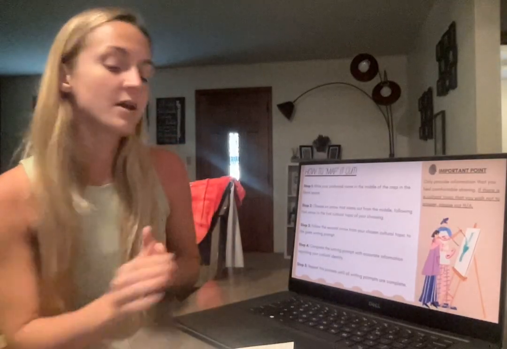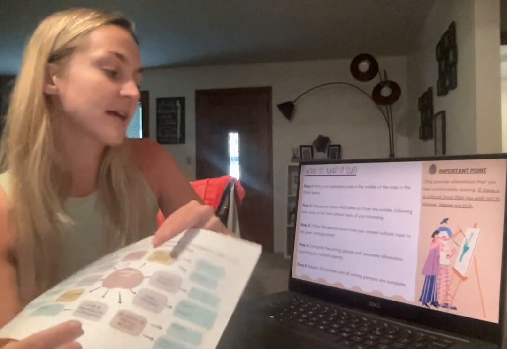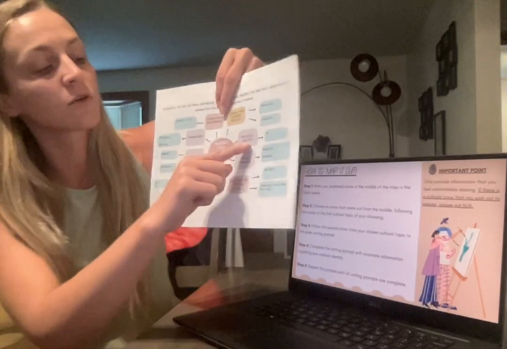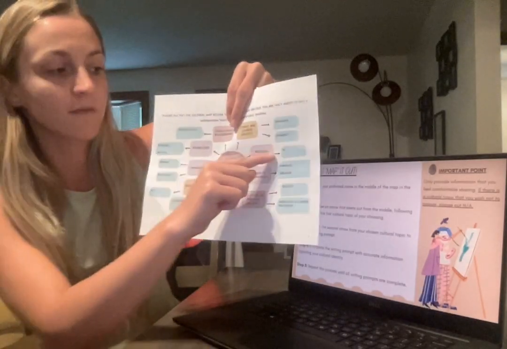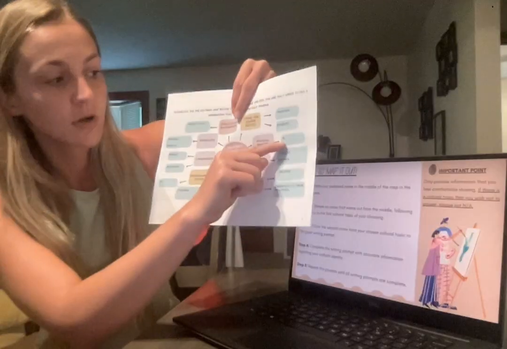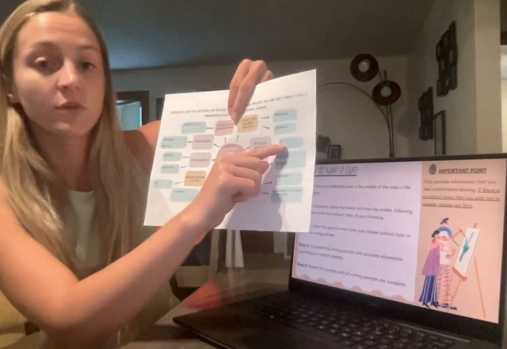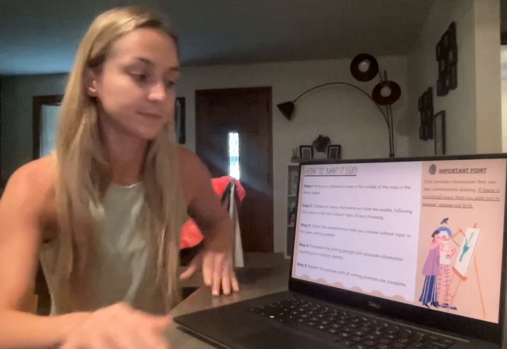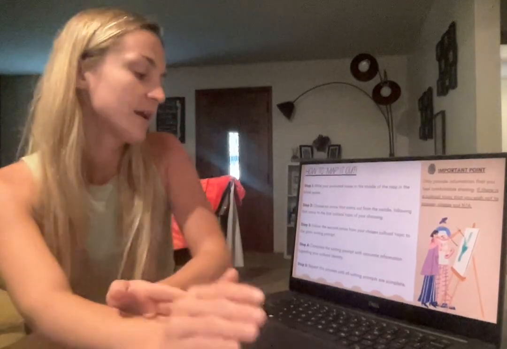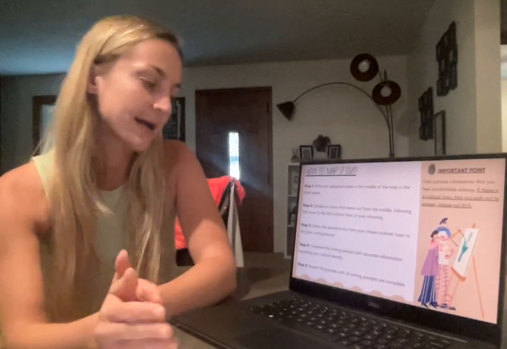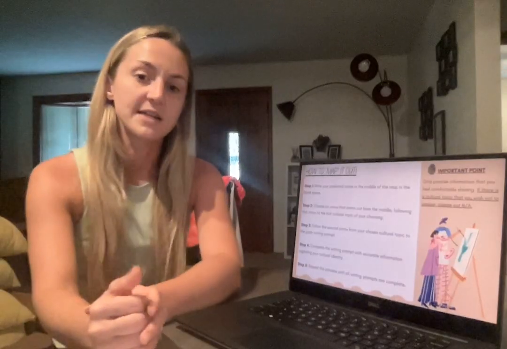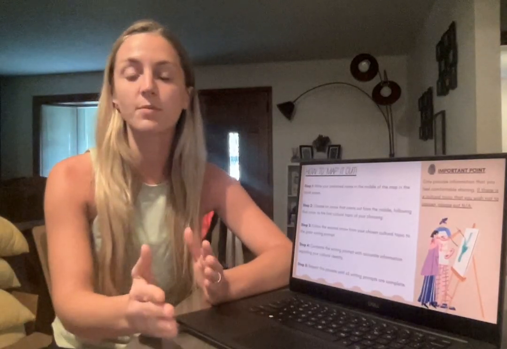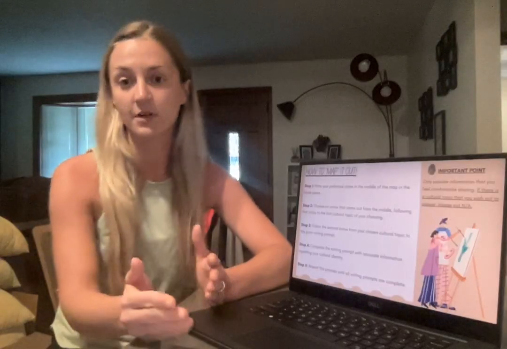Okay? For step 3, you're going to follow the second arrow from your chosen cultural topic to the given writing prompt. So if our chosen cultural topic is political identity, we're going to follow the next arrow to political identity, and it gives you a little box for you to write down your political beliefs and your political identity. Next, you're going to complete that writing prompt with accurate information regarding your cultural identity. And then for step 5, you're just going to continue to repeat this process until all of the boxes that you feel comfortable filling in are filled in.